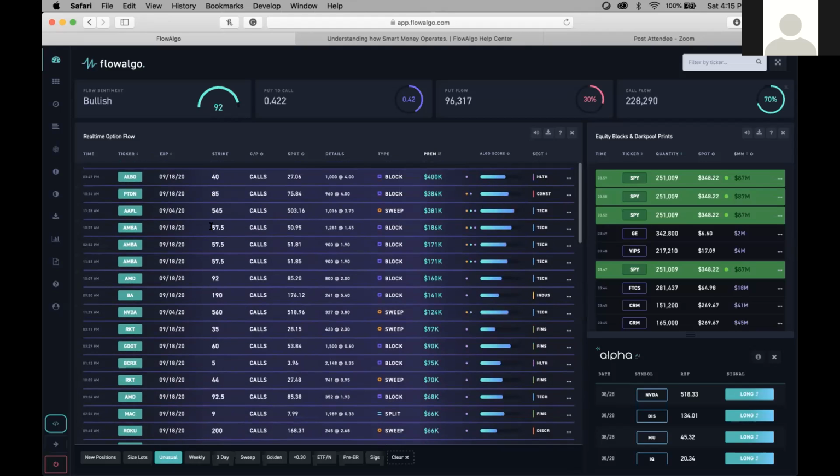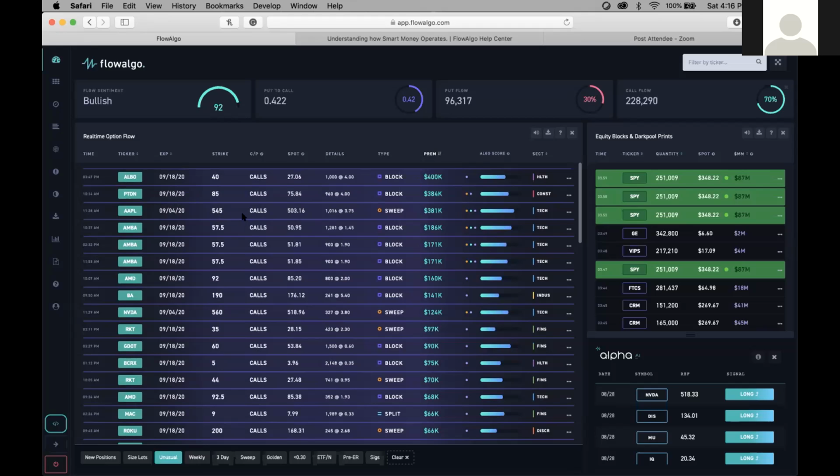So you have Apple calls, for example, bought on Friday, with a strike of 545, and you can see it's conveniently placed for next week expiration. The stock split happened on Monday, so they're probably expecting a rally to happen throughout that week, and to see if they could probably get in the money or close to it by their expiration. And if they do get in the money, they have so many contracts.